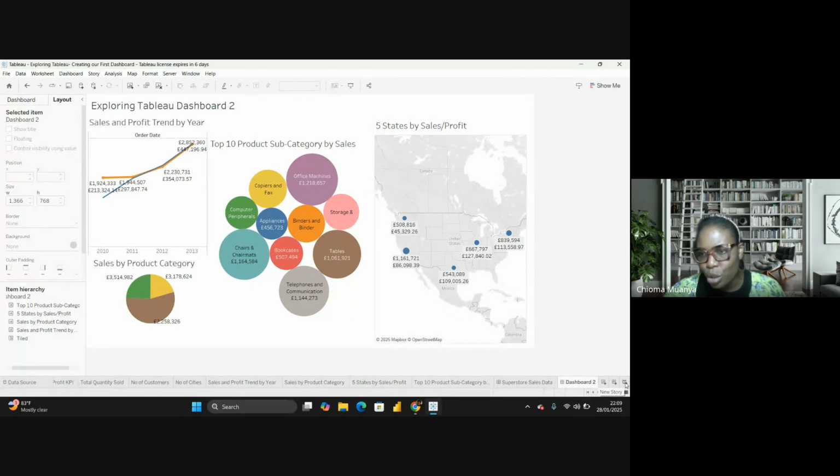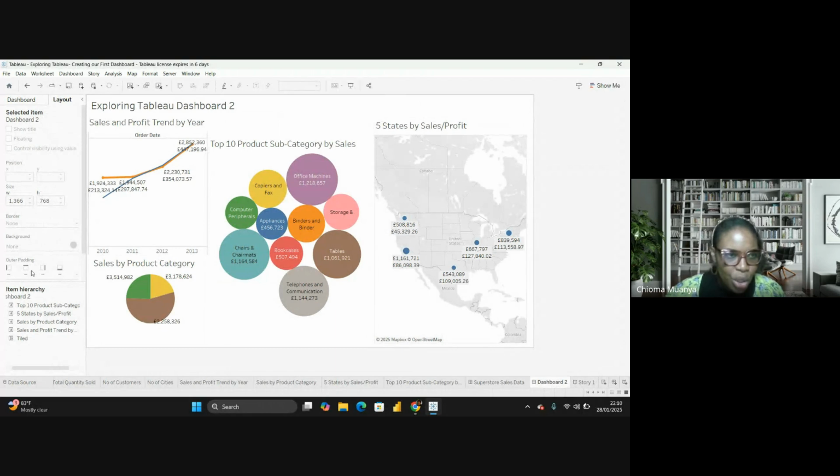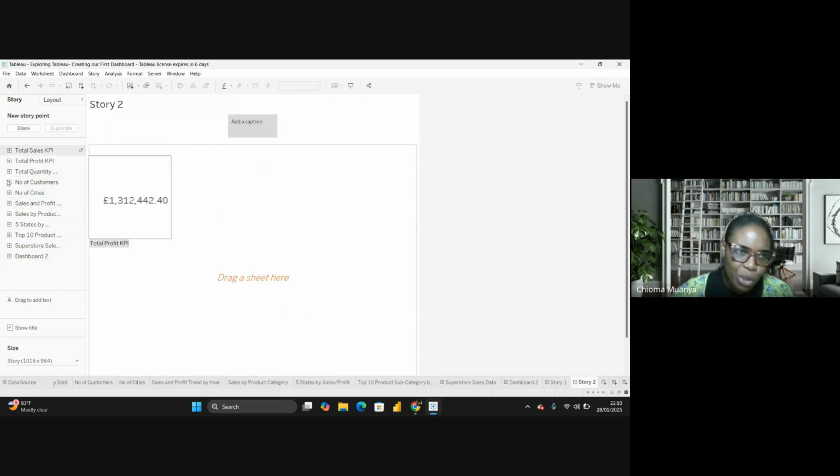So here I'm going to click on new story. When you click on new worksheet, what is going to come out is all the individual worksheets. But when you click on a new story, you can decide to put some of these and the dashboards. But we can see when we created this dashboard, the superstore thing didn't show because you can't put a dashboard in a dashboard. But in the story, you can put dashboards and you can put individual charts.